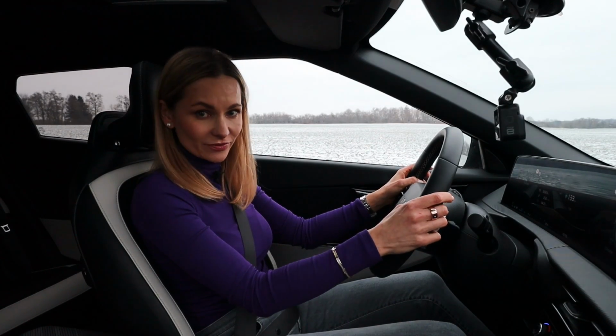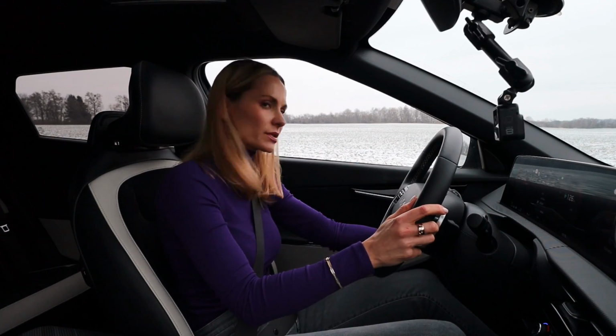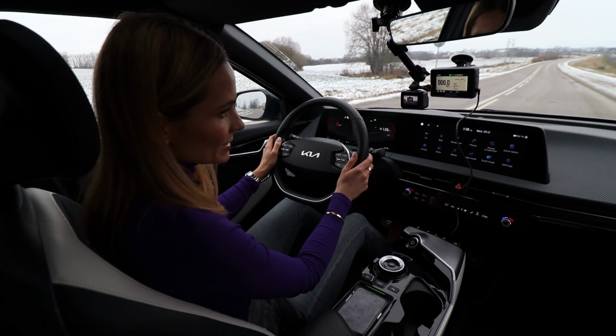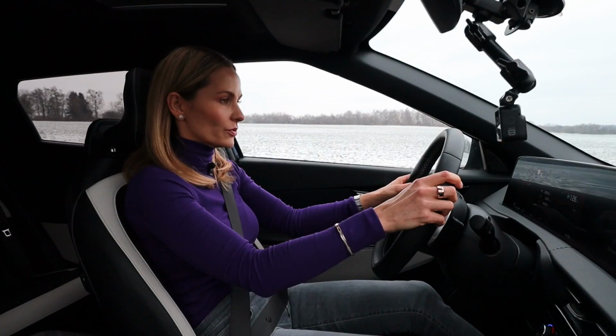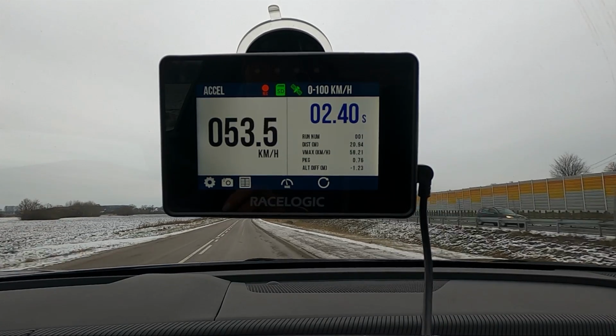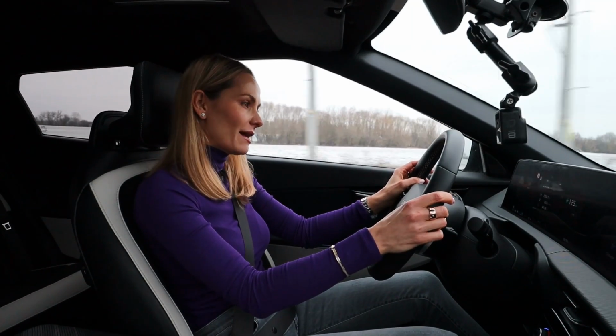Alrighty, time to measure the acceleration. So, drive mode, sports. I'm gonna leave the electronic stability control on, clearly I need a nanny. Foot on the brake, foot on the throttle. Come on, Kia, show me what you've got. Oh, nice! So the declared 0 to 100 is 5.4 seconds. And I am